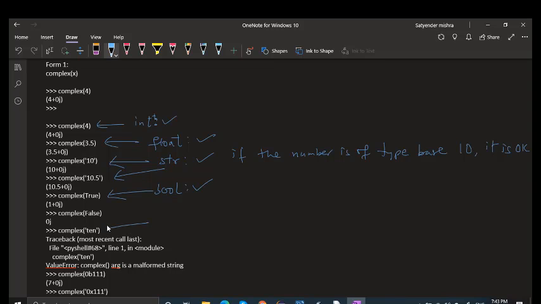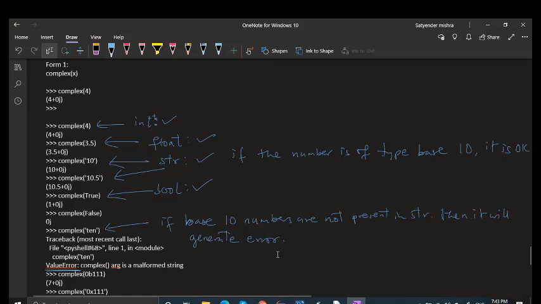And then for this string, it's not accepting, it's generating the value error, right? If base 10 numbers are not present in the string, then it will generate an error. Okay. So this is the story of form 1.